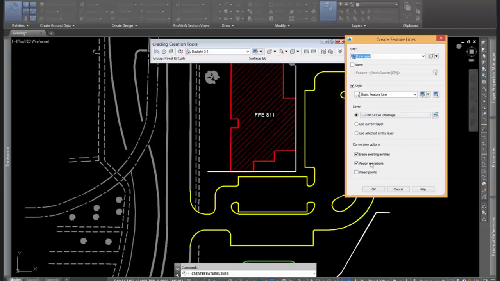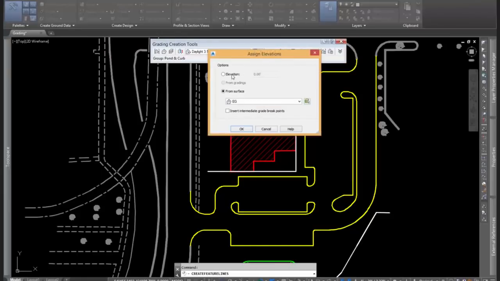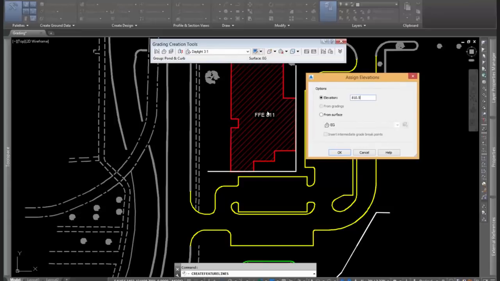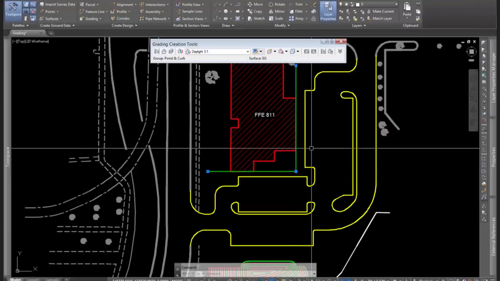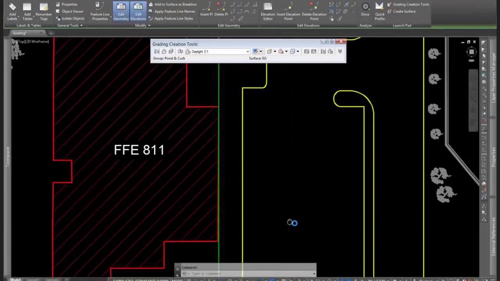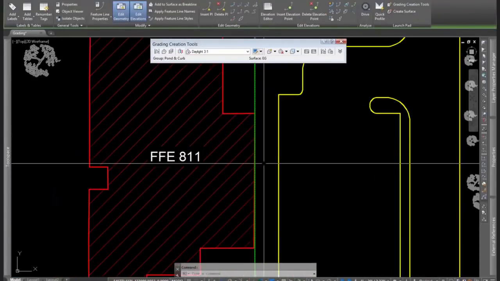Take a basic feature line style and we're going to assign elevations. And what we're going to do is we're going to set this to 810.5. So finished floor elevation is 811. We're going to go to 810.5. So why is that? Okay, this is at 810.5. If we think about the entrance, which is roughly right over here,